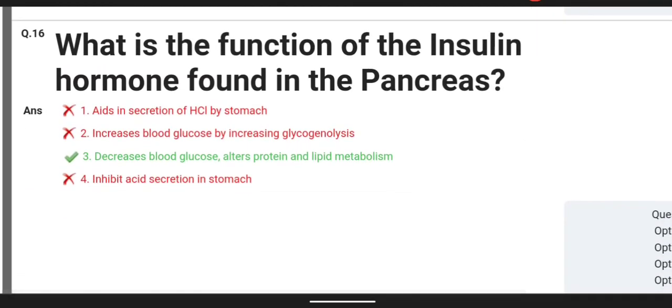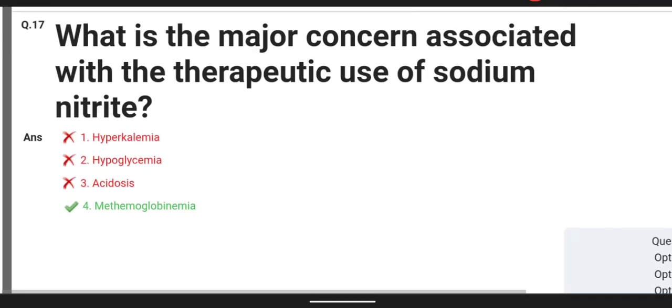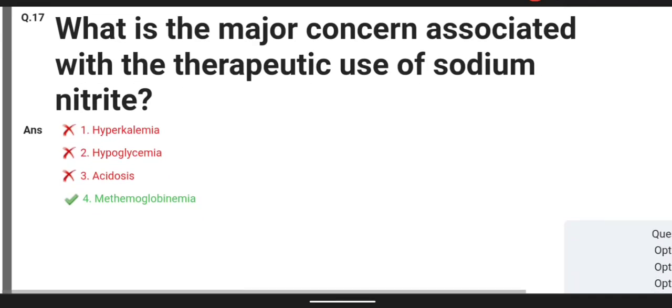Next, what is the function of insulin hormone found in the pancreas? Decrease blood glucose, alters protein and lipid metabolism. Next, what is the major concern associated with the therapeutic use of nitrates? Answer is: